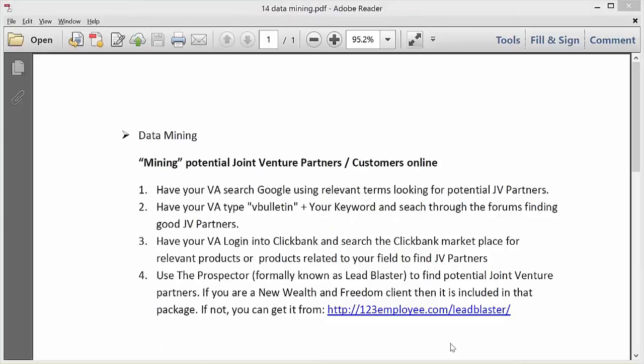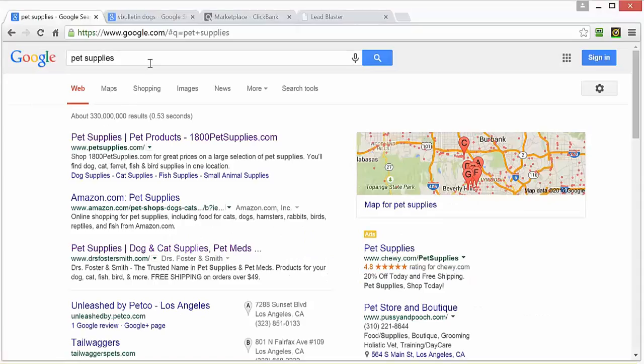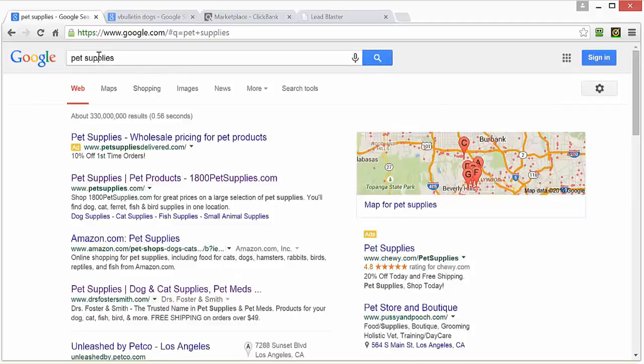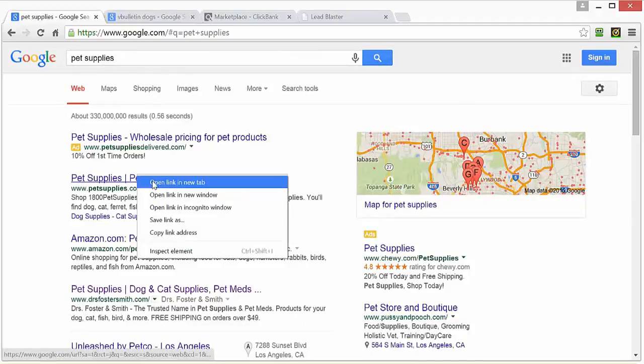Let's talk about data mining. Data mining is mining potential joint venture partners or customers online. So there's 4 methods here, and I'll go over each of these. First is have your VA search Google using relevant terms looking for potential JV partners. Let me show you what I mean by that. In this case, I'm using pet supplies as an example. I already did a Google search, but I can do it again, pet supplies, and look through the